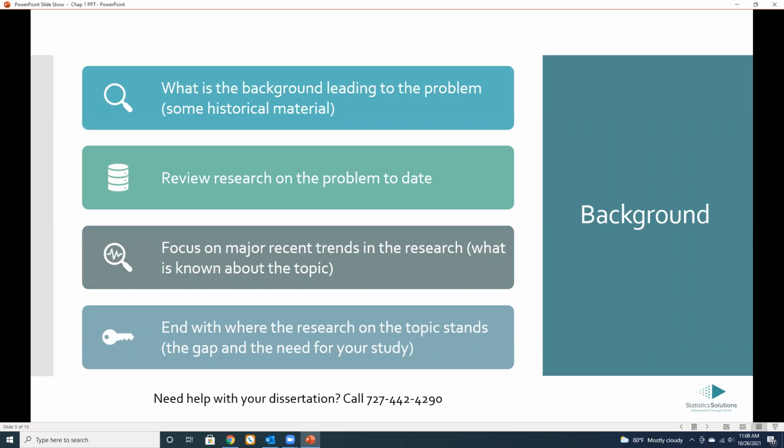And the background is material, somewhat historical, it has to be. Where the problem has been, right? And where the research on the problem has been also. So it's not just tracing the problem to the present day. It's also tracing research on the problem, because that's going to lead into the next section, which is